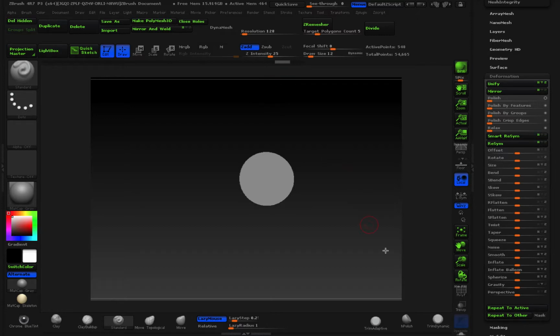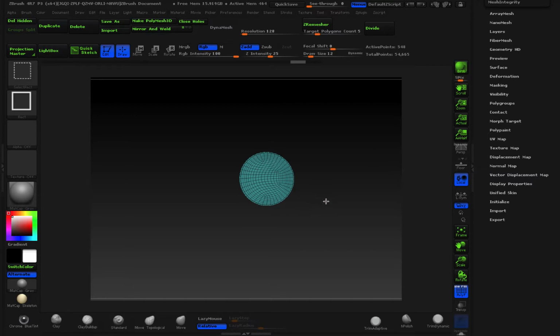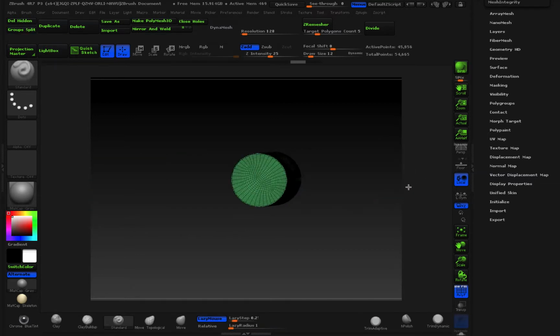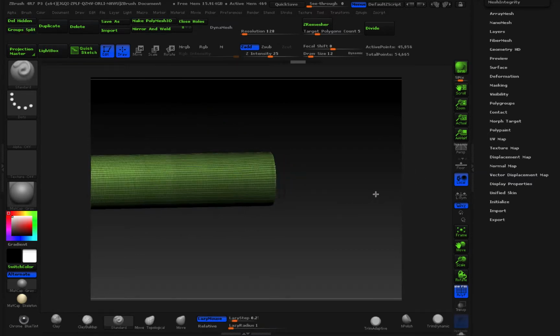Actually, if I go back, let me show you how it happens to the topology. Look at how the topology looks now. And when I click and drag polish by groups to 100 and I leave it, you see a little shift, like it cleans the edge flow a little. You can keep on doing it until you feel comfortable with it, but it will just be doing small changes. So I don't overdo it because we'll be sculpting on it later. So just going to bring everything back, and then